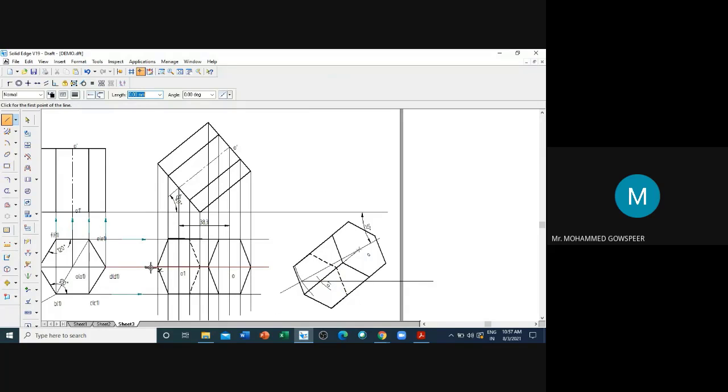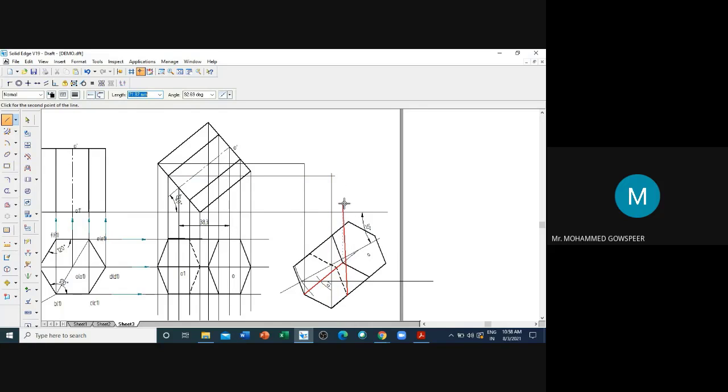First, now this is A, B, C, D, E. Now this is A. Now here it is A. Next B. So here it is B. I am drawing the base one, B1.